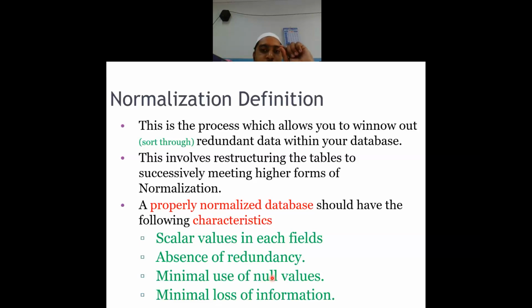Null values means those values which are not specifically entered. For example, the student's age is there. Some students don't want to reveal their age. So that column may be left empty for that particular student. Those missing values will be replaced with a keyword called null. This is the same as the null of your C++. You had null over there, right? Almost the same. Since data cannot be left empty, it will be replaced with a dummy value called null,